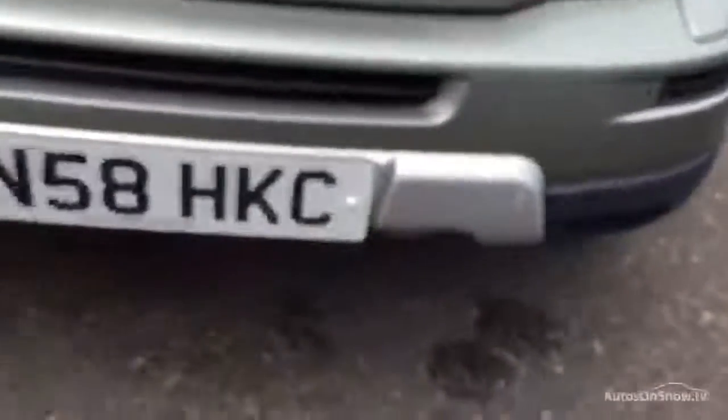Moving around to the front end of the vehicle, a couple of stone chips around the front, offside front quarter's fine, and a couple of stone chips on the bonnet. That's the exterior of the car. If we take a look at the interior,